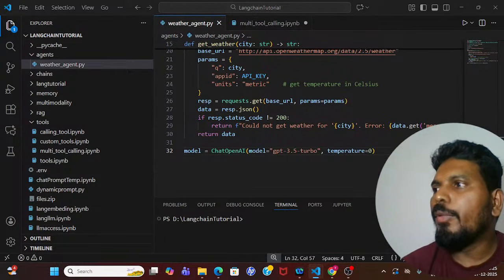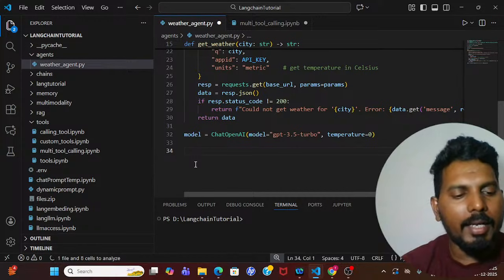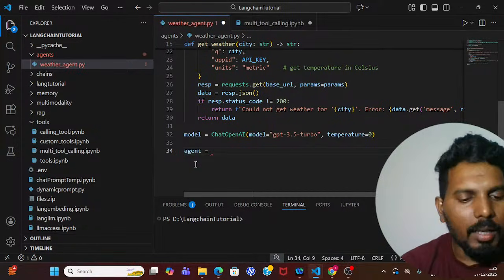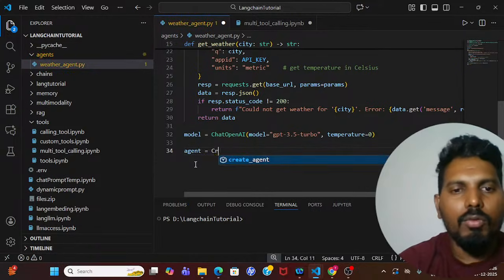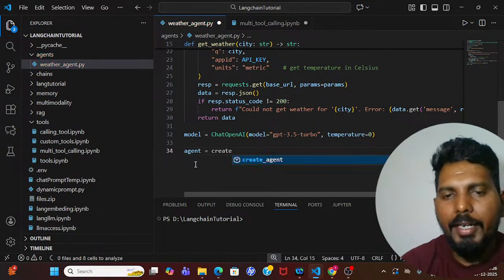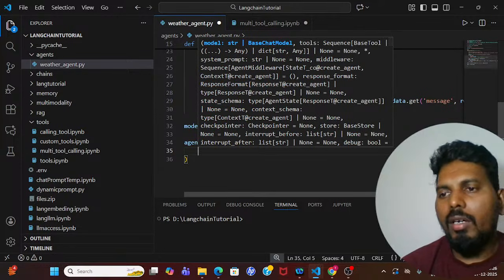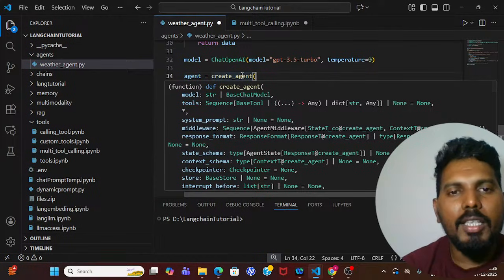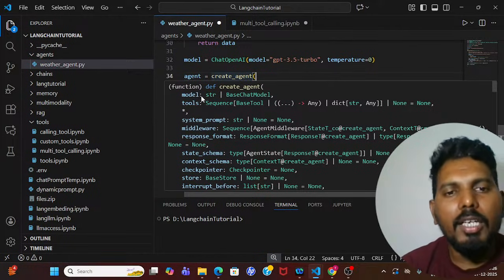Now it's time to declare the agent. Let me declare a variable called agent, and for my agent I'm going to take the create agent class over here, create_agent. All right. Now, if you hover on create agent, you can see that create agent requires some